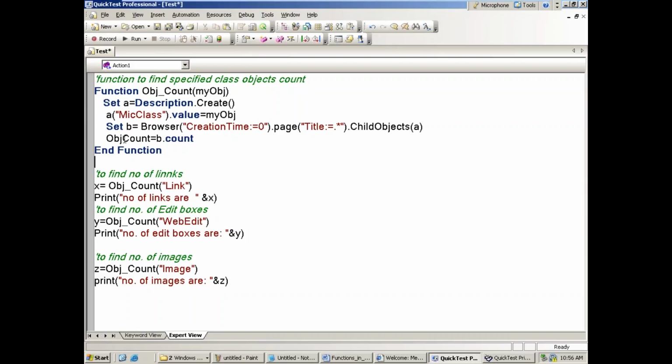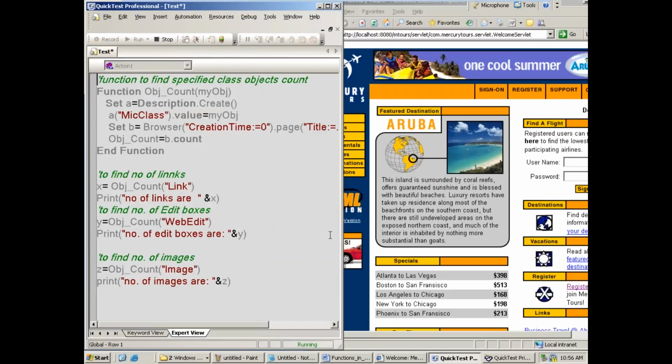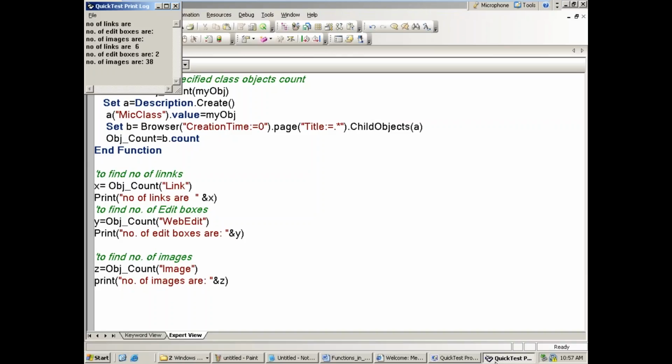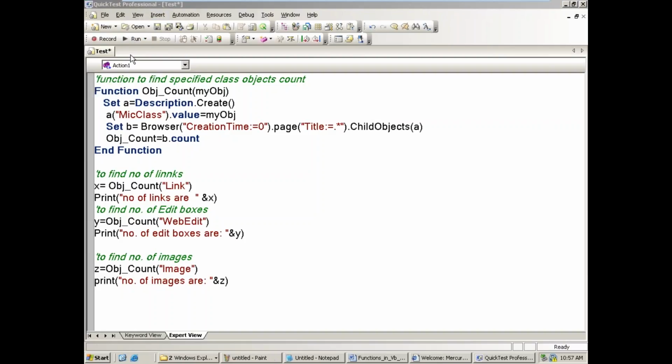Underscore I gave here. Obj underscore is missing. That's right. And then it is displayed here, 6 to 38. Okay, like this we are going to get.